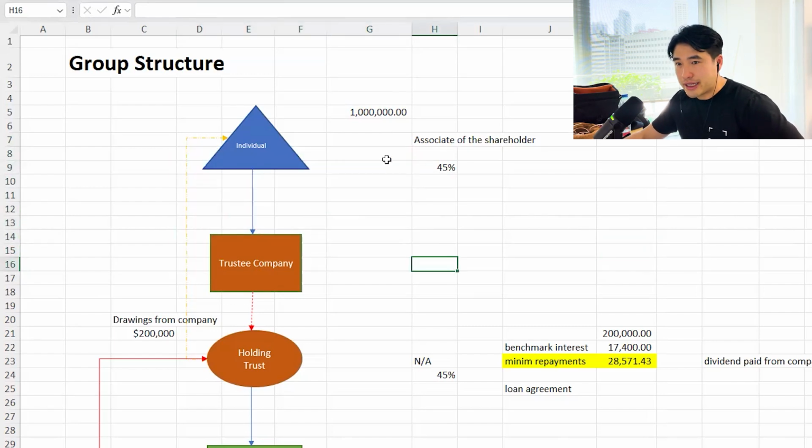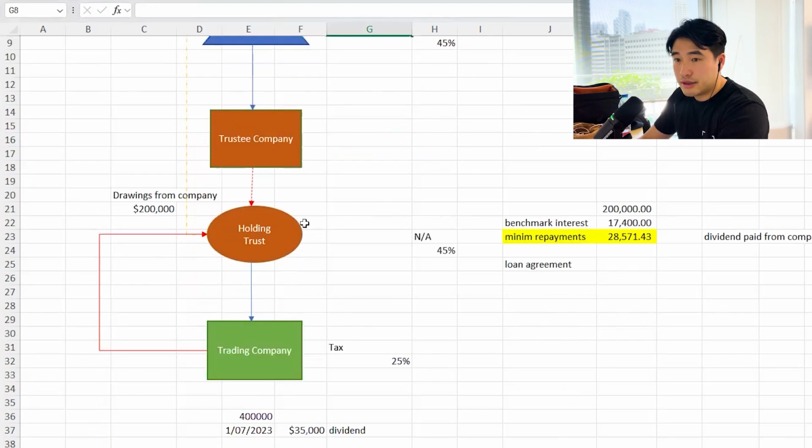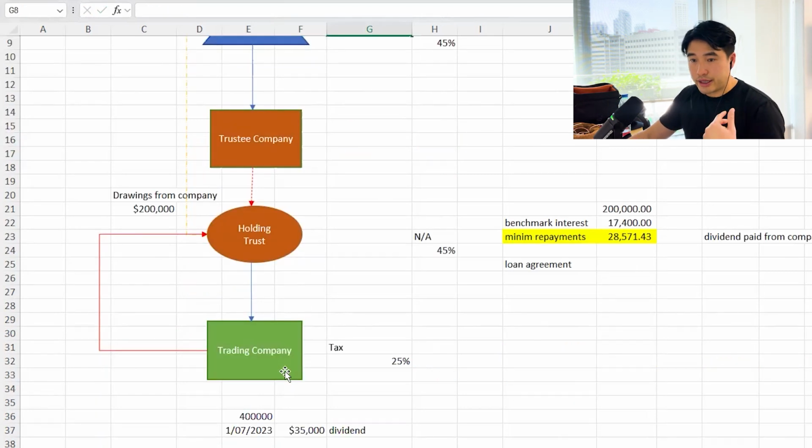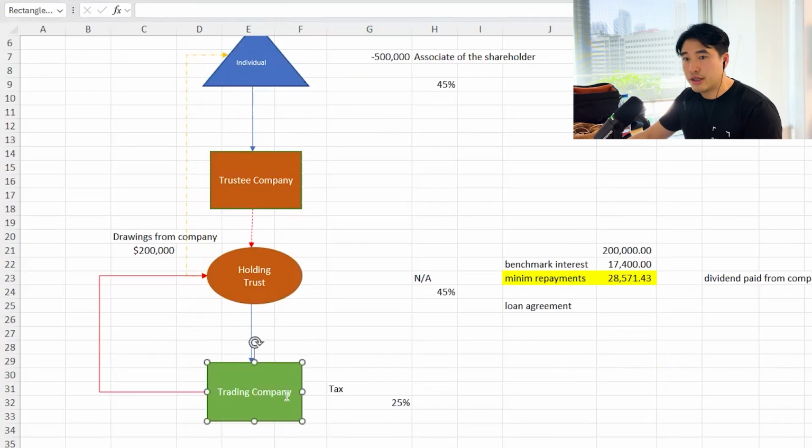Yeah. So just to go back to the first question, you're saying it's the other way around. The personal shareholder or director has $1 million in cash, and then decides to give $500,000 to the company. So it's the opposite way around. The company is not taking money out to give to this individual. The individual is giving money over to this company.